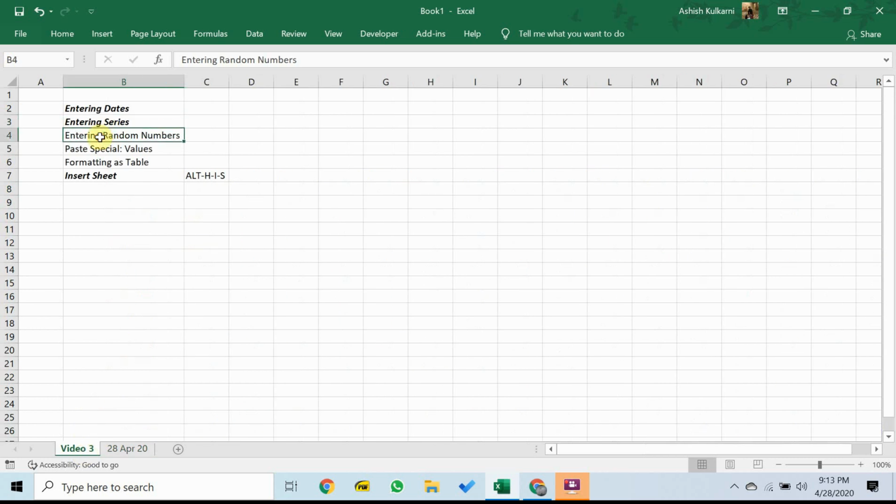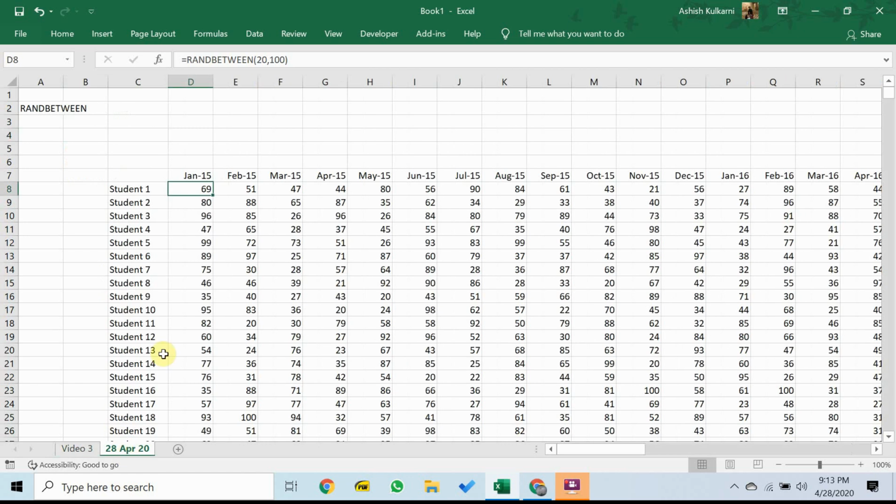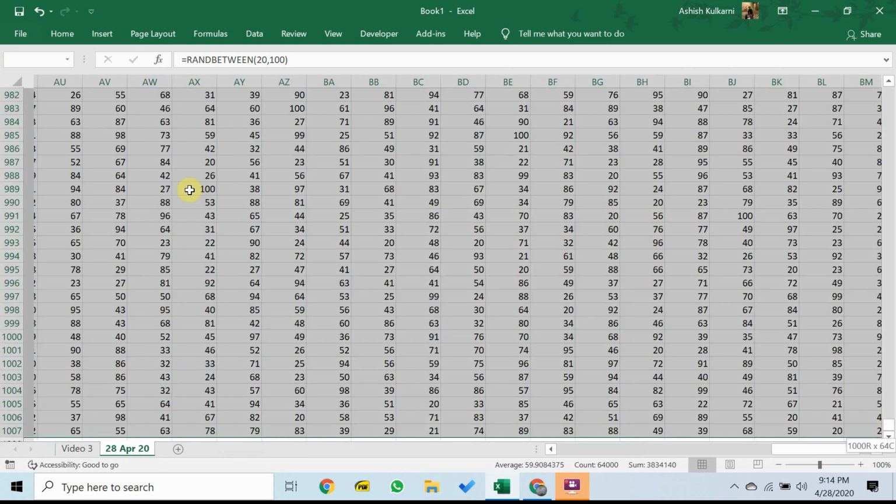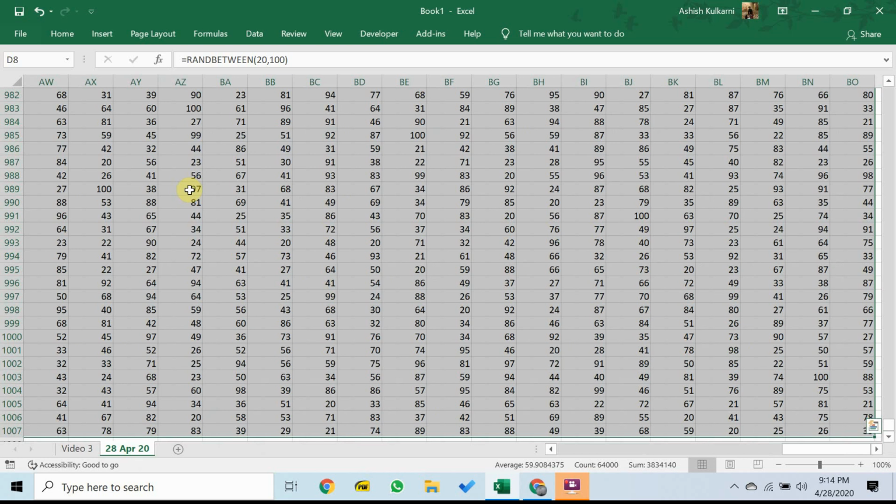So we've learned how to enter random numbers, and now we're going to learn how to work with paste special values. So the problem, quick recap, is we have a table in which there are a lot of numbers that are being recalculated every time we change any part of the sheet. We want to stop that from happening. So first things first, I'm going to select the entire table. While being at the left top corner of this table, I press Shift and down and then Shift and right. That selects the entire table.